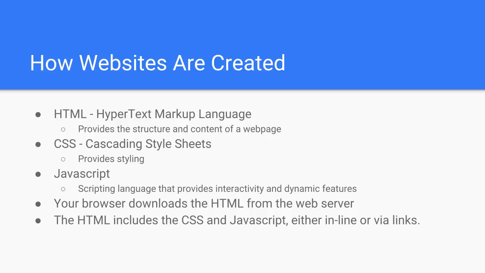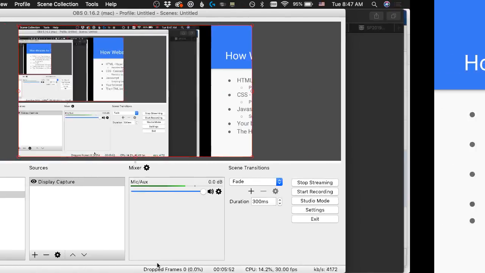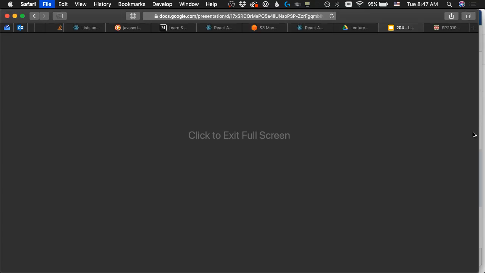When you make a web request, what you're doing is downloading the HTML, and then the HTML will contain links. It may have some CSS or some JavaScript embedded inside it, and we'll talk about that, but it also will contain links to external files that your browser will then go and download as well. But the very first thing it has to get is your HTML file, and that provides the sources for your JavaScript and your CSS. You can kind of look at this if we go to